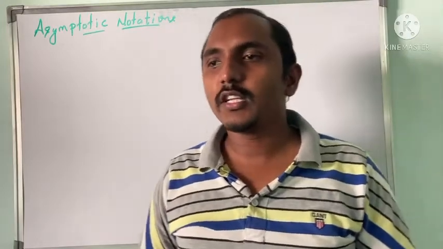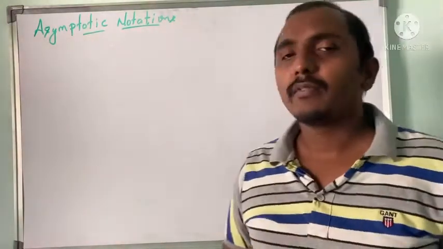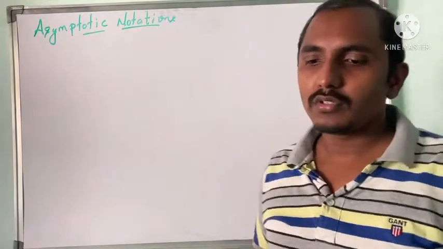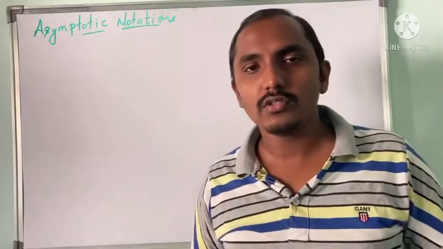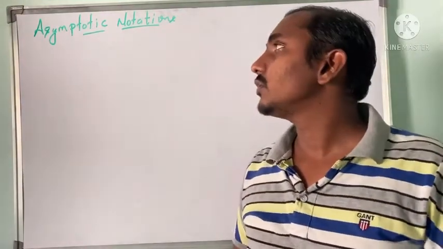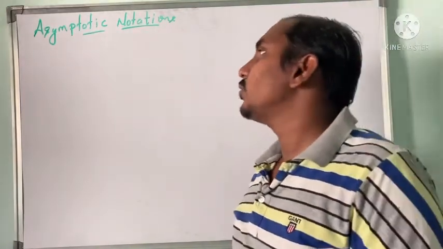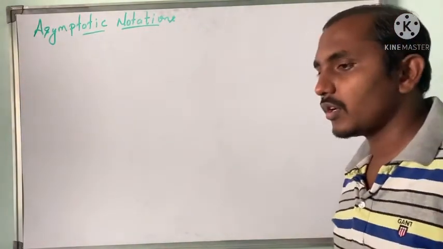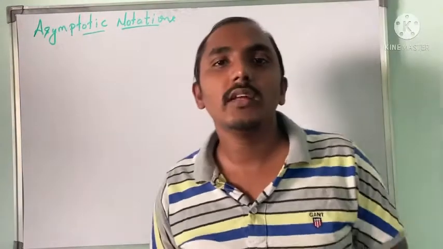I'll continue the second chapter. This is one of the topics from your second chapter. So we already finished preliminaries, that is mathematical functions. After this we'll be discussing what asymptotic notations are. In asymptotic notations, we are going to study how to analyze an algorithm.